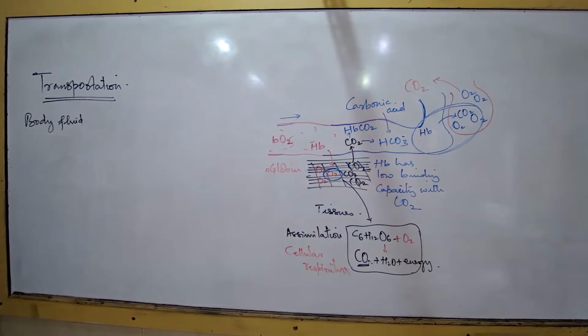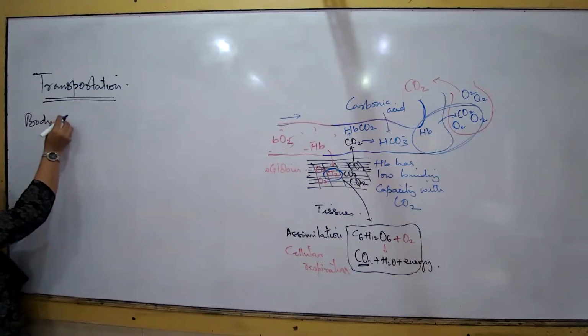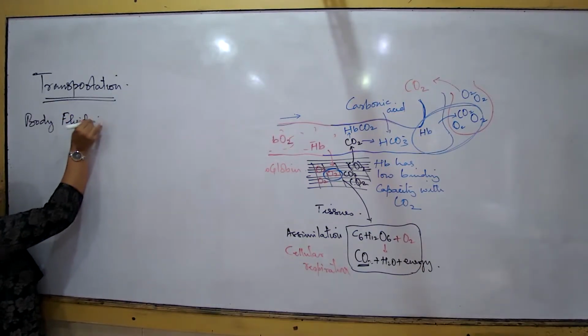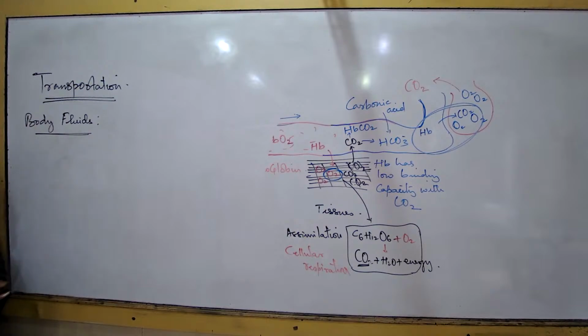What type of body fluids do we have? Blood is the primary body fluid. What else? Water is the body fluid. Plasma. You have come to 10th after 9th standard, haven't you? Plasma. Body fluids that I am talking about. What are the body fluids that we have? Blood and